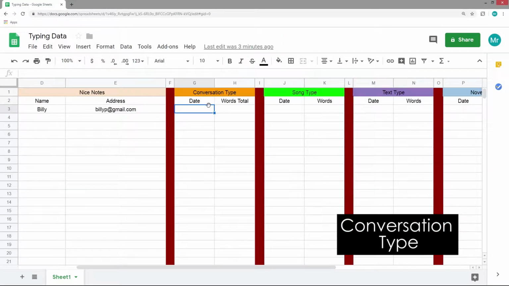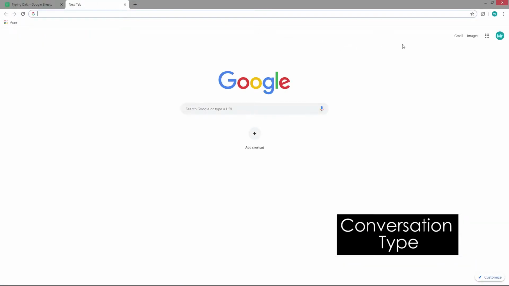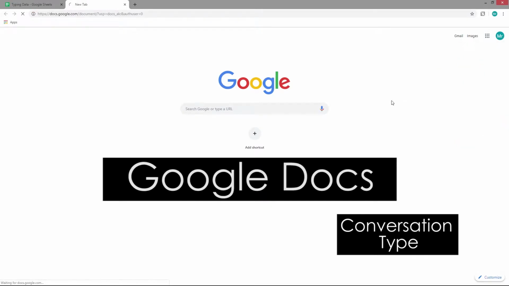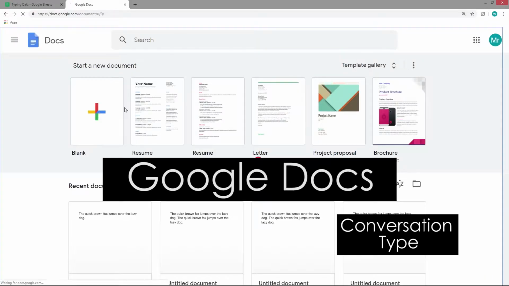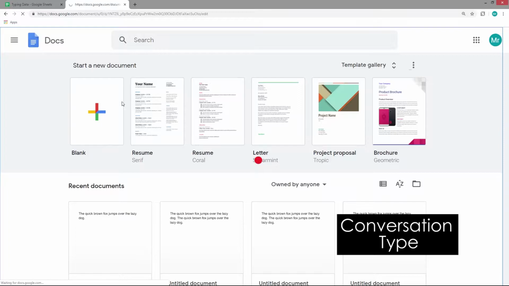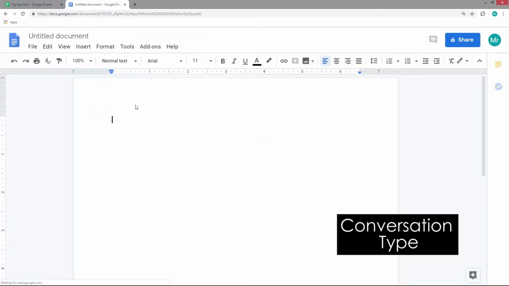Conversation type involves a blank Google Doc and a partner. So if we go ahead and open up a new tab, let's open up a blank Google Doc. Got a blank Google Doc. Now, every student needs a partner, and both of the students need to have a blank Google Doc on their Chromebook. So they're sitting right next to each other, and they're looking at each other's screens. And the whole point of this drill is that they stay quiet, and it's essentially a text message exchange between